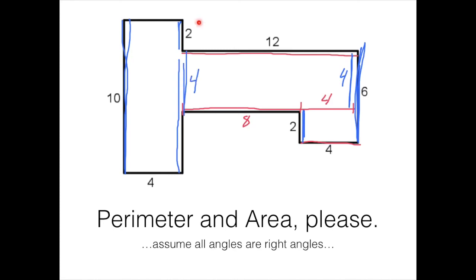So we have 2, 4, and then the unknown here would have to add up to 10, so this piece should also be 4. And so then our perimeter is 10 plus, oops, forgot a piece. If this is 4, this has got to be 4 up top here as well. So perimeter is 10 plus 4 is 14, 16, 28,